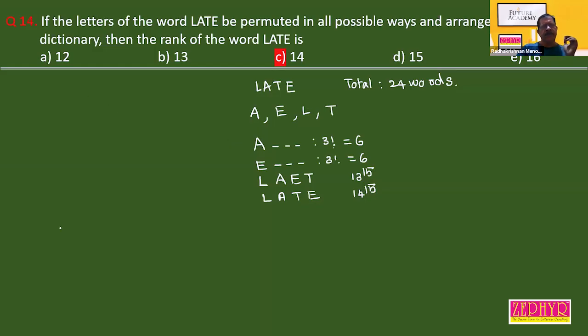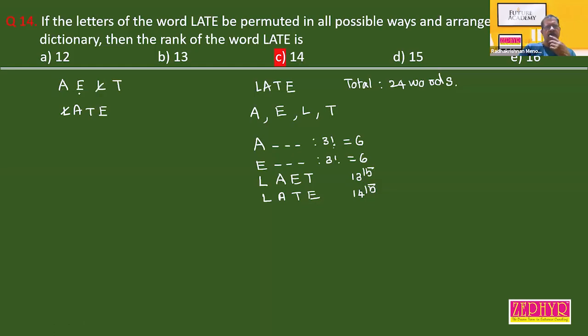The method is, I write here. You write the letters in dictionary order: A, E, L, T. Then write the word here, L, A, T, E. Okay. Now the method is, you strike off the first letter from the word LATE and on the letters which